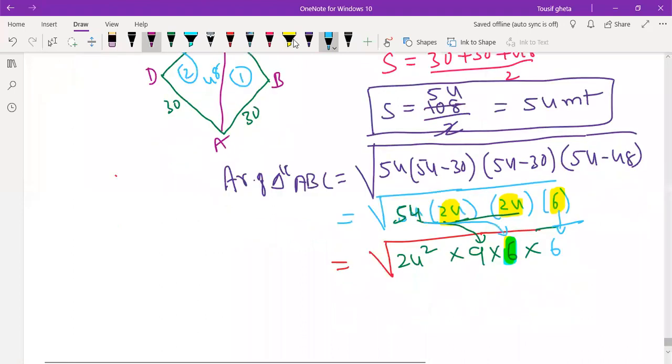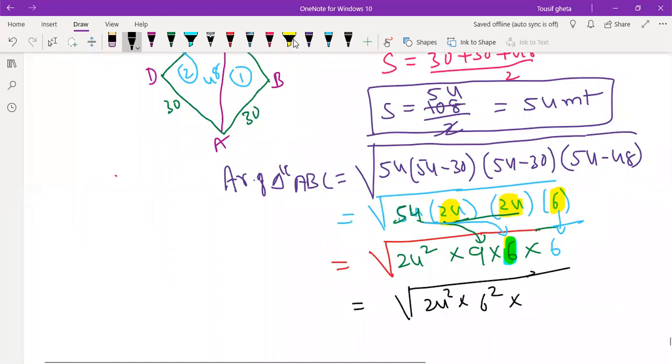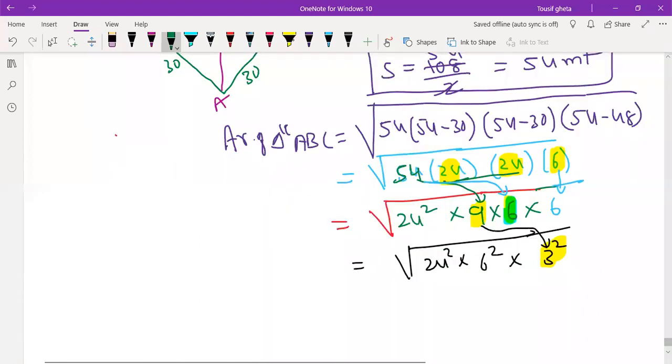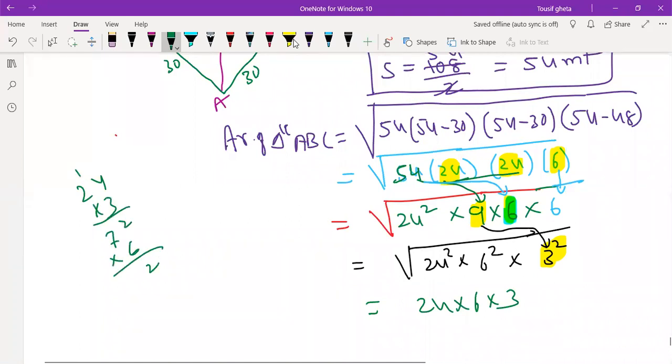Hope so, no doubt. So if you take out the square, you will get here 24 square, 6 square, and even 3 square. Why 3 square? Because of 9. Because of 9, we can write it as 3 square. 3 square is nothing but 9. Understood now, everyone? You can do the calculation in your own way. This is our way: 24 into 6 into 3. So 24 threes are 72. 72 into 6 gives 432. 432 square meters is the area of one triangle.